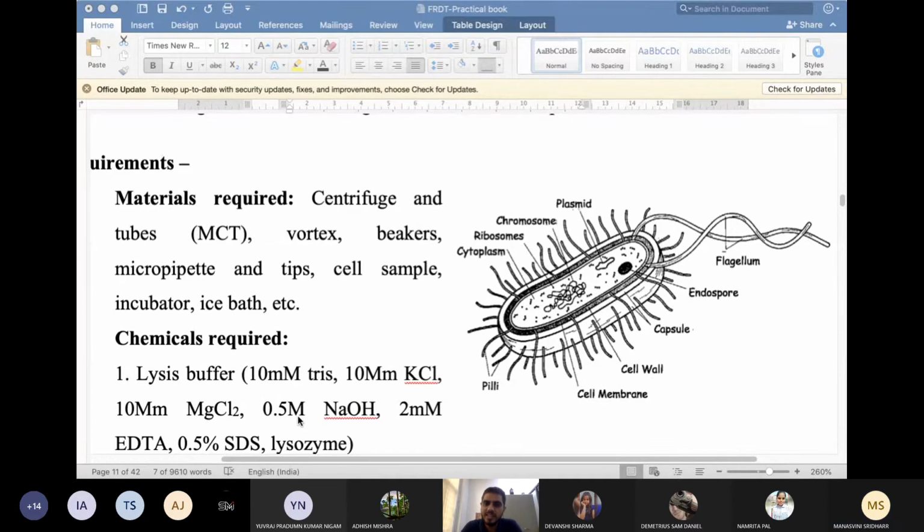When you cry, tears come out. Your tears have lysozyme, and that lysozyme helps in cleaning your eyes. Cleaning simply means it is removing the bacterial population present in your eye. That lysozyme is an enzyme that breaks the cell wall of bacteria, simply meaning it breaks down the peptidoglycan. The same enzyme you can utilize for digestion of the cell wall of bacteria.